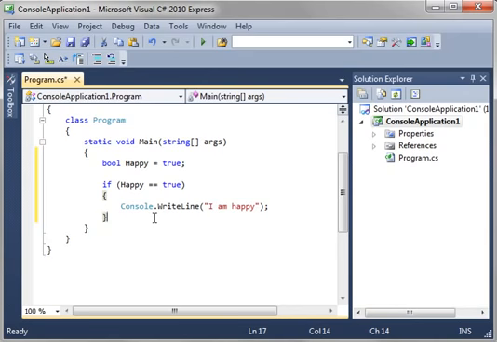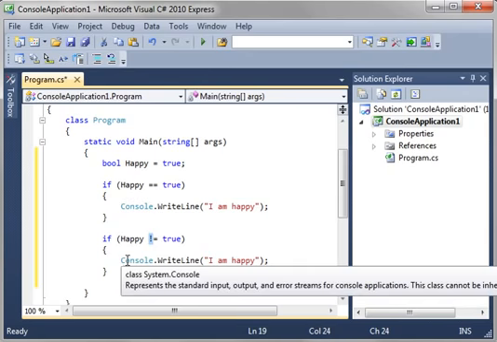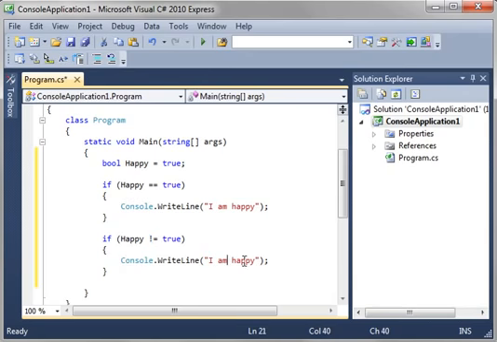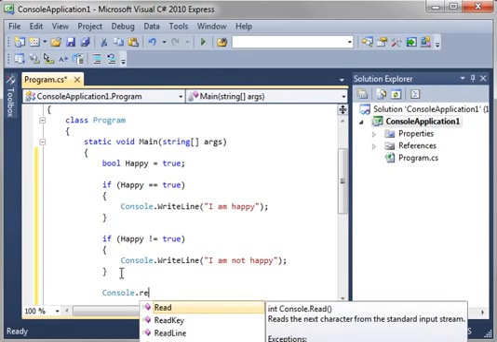Now let's say we want to see if we're not happy. Well, you could write another if statement. In other words, you could just take this and say if happy and do an exclamation not equals true. That's what the exclamation means, is not. If happy not equal true, then I am not happy. And then let's go console dot read line,